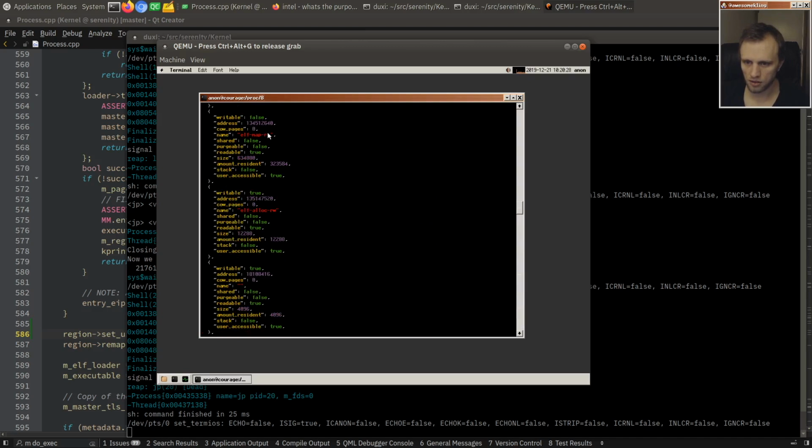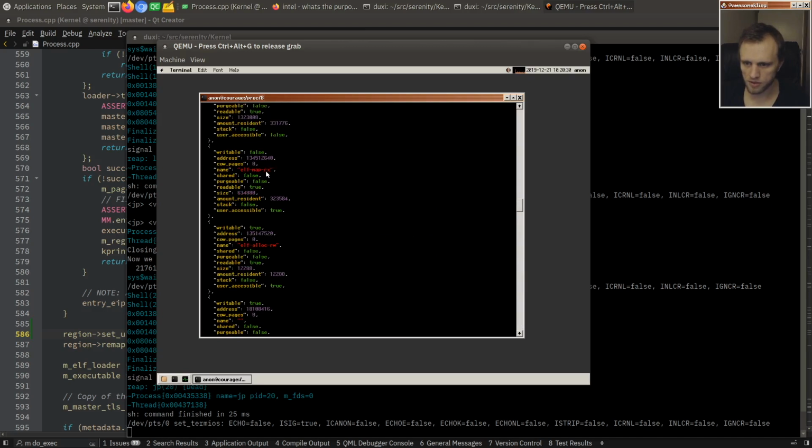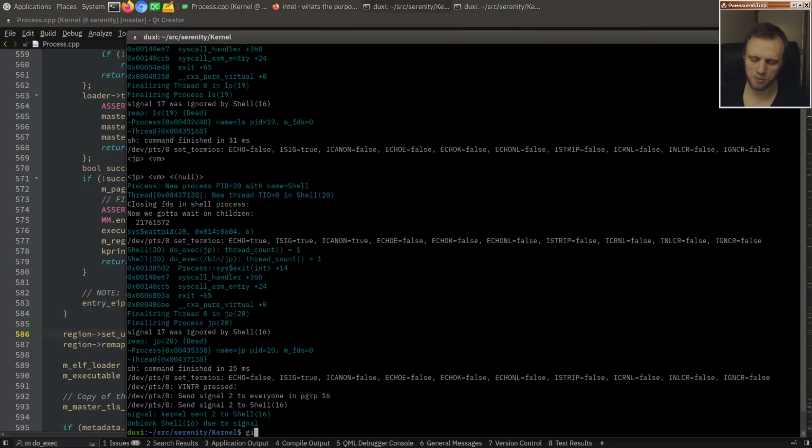ELF alloc, ELF map rx. So we see that it's writable, readable, but we don't see executable. Yeah, we should definitely expose that. But anyway,